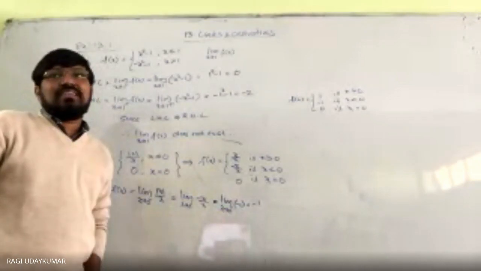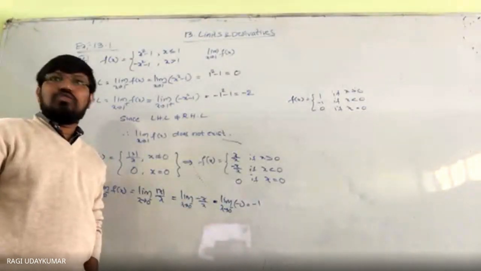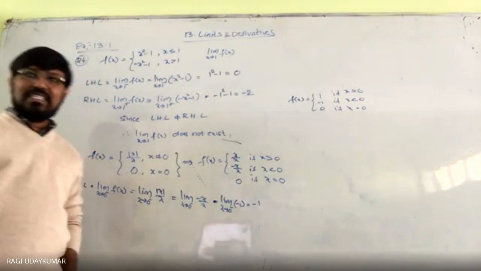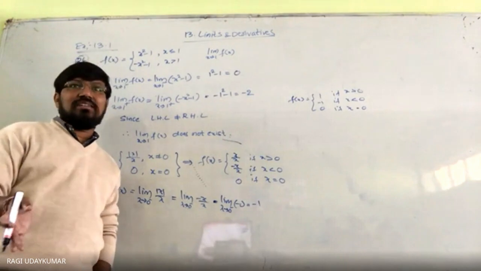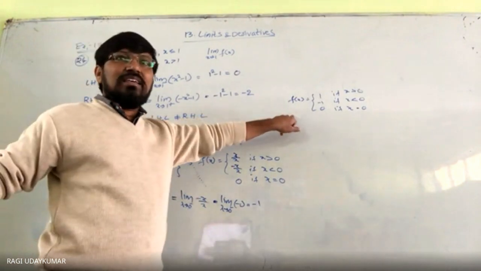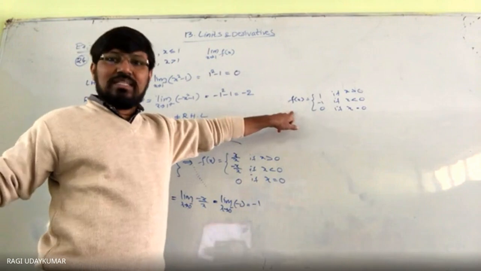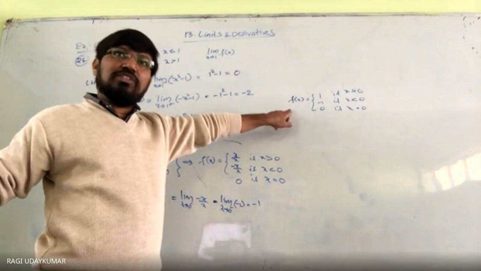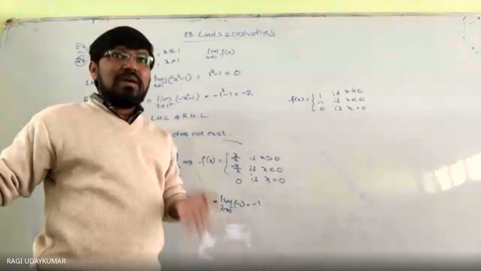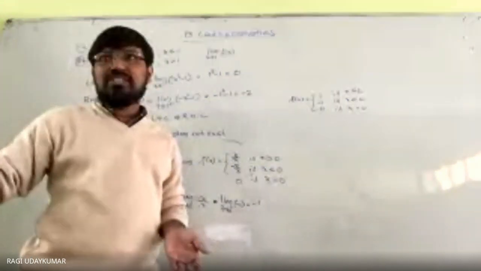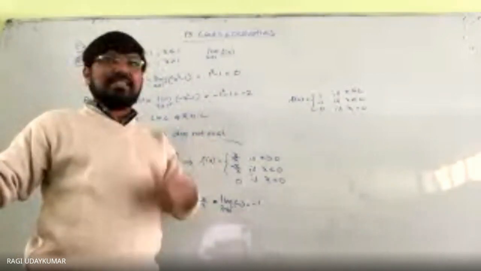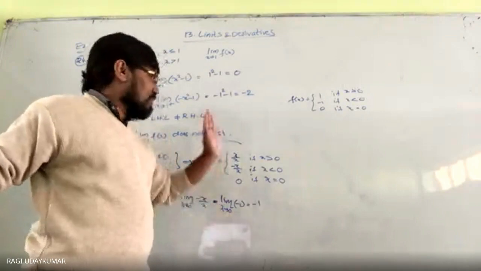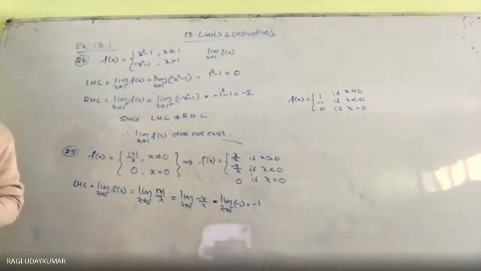Same question, same way, 26th question. Same model, just reversed. x by mod x is given. So here also it is the same. The function is the same function. This one only you are going to get in question 26. Same function. x by minus x will come, so that is nothing but minus 1 only. Now x by plus x will come, that is nothing but plus 1 only. So that is the left hand limit and right hand limit.